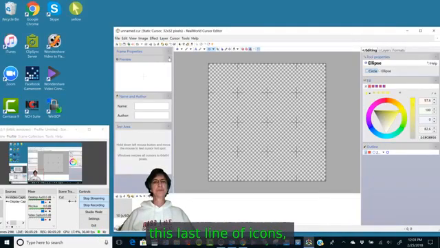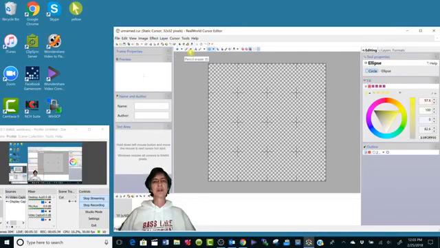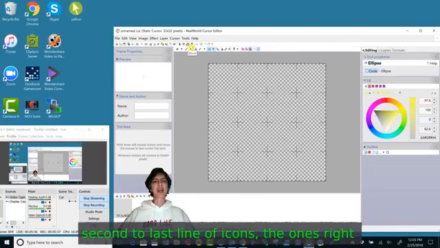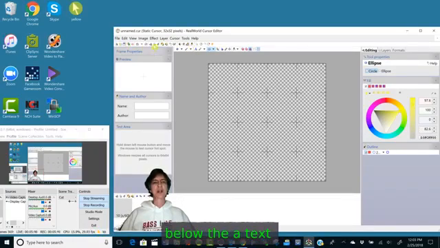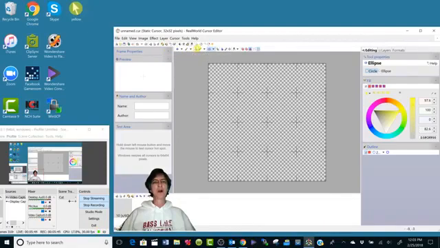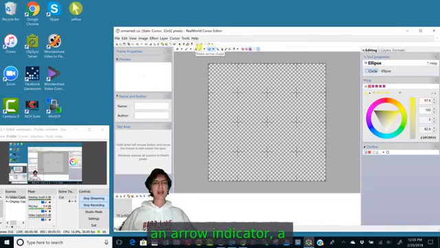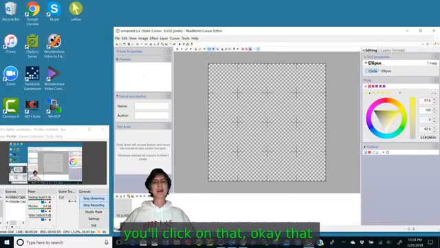On the second to last line of icons, the ones right below the text menu, almost to the far right is an arrow indicator, a mouse arrow. If you'll click on that,